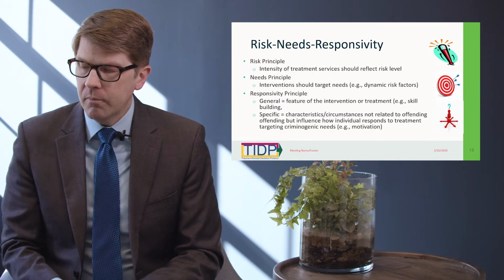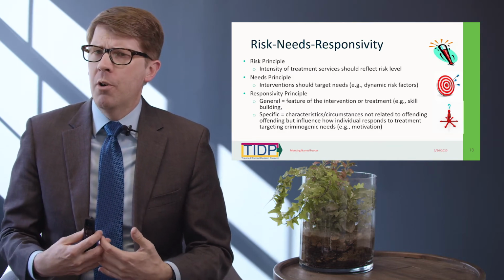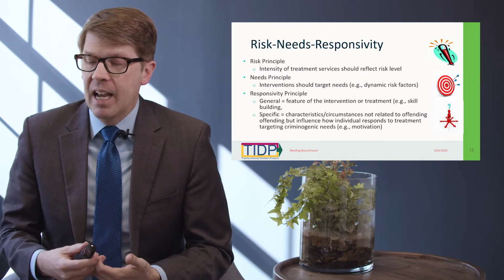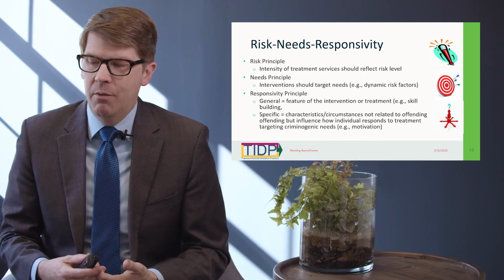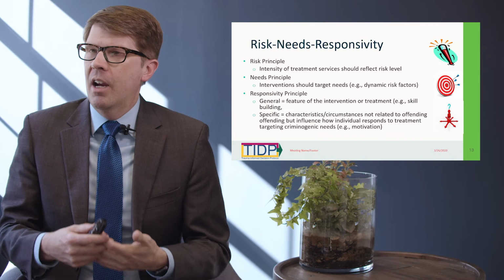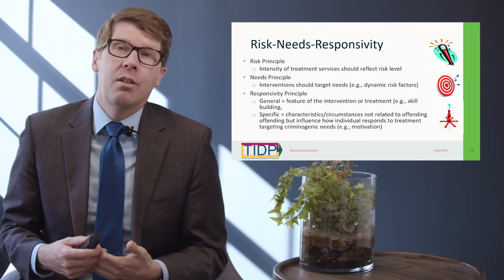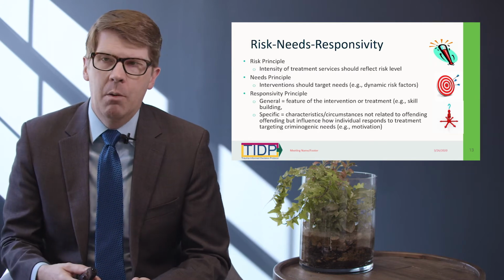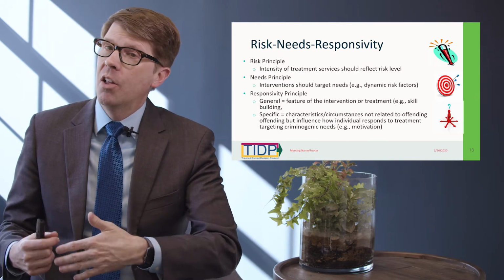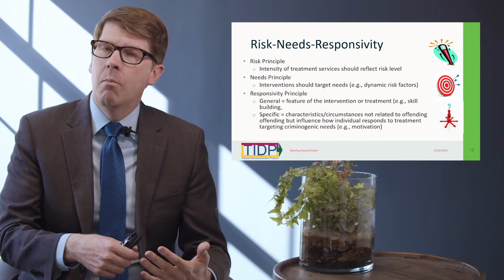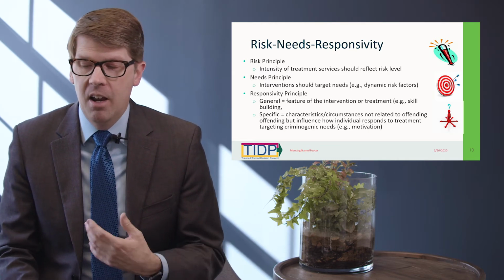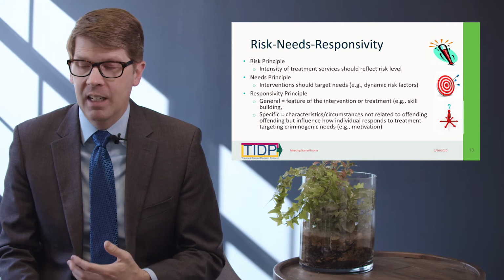And how does a treatment program do this? They will do that by recognizing that there are specific responsivity factors, individual characteristics that are present for youth or within the youth's family or within the youth's environment that could have an impact on the way that they approach the services that are being offered to address their criminogenic needs.